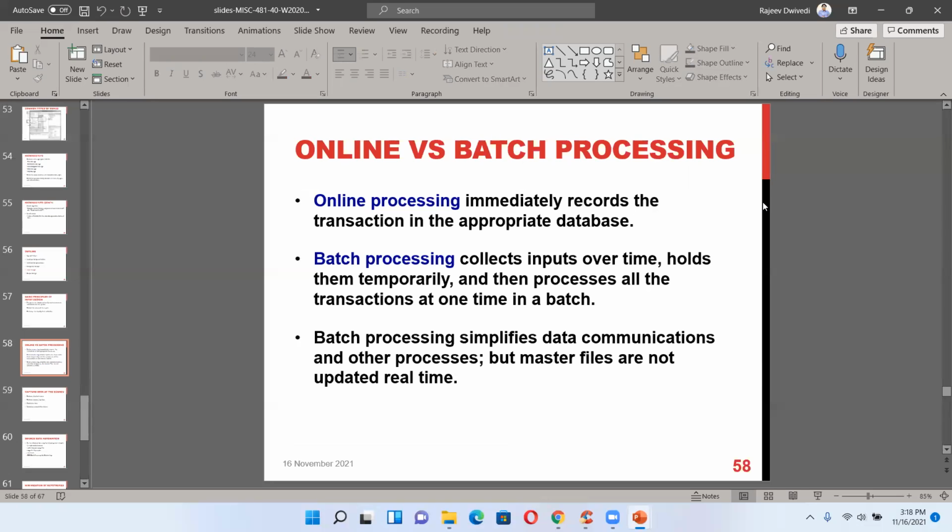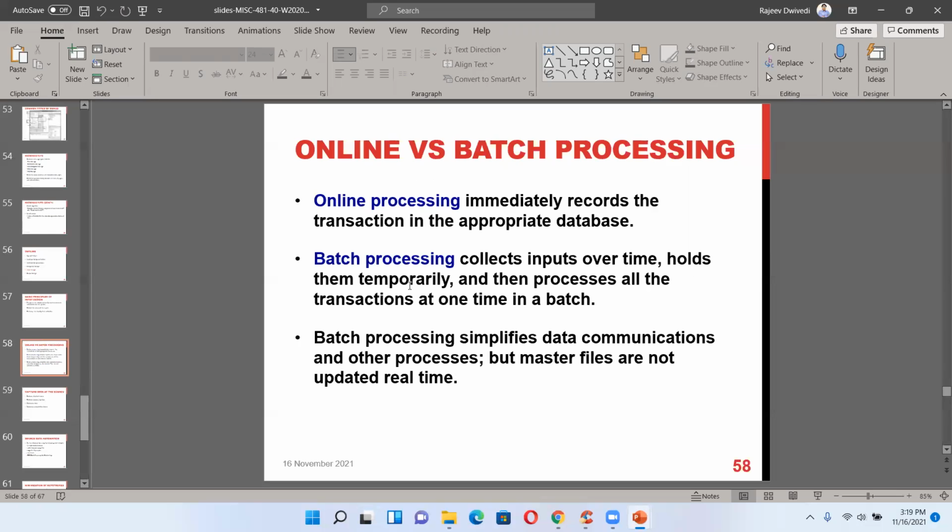So for example, at Thanksgiving time or Black Friday time, you will be buying items or electronics or different things. What will happen? Within 5 minutes of the deal, you will see the out of stock product, because that is online processing. Every single transaction is recorded and updated instantly.